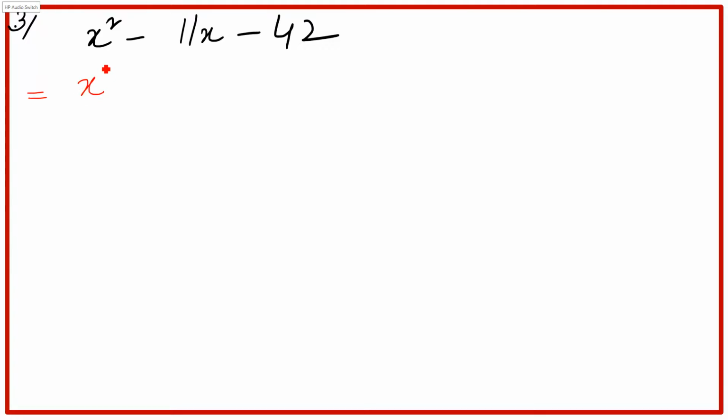So the third is, write down the first and the last term as it is, x square, and multiply these two terms, so it will be 42x square. So we have to write down negative 11x in such a way here that when we add or subtract those two terms, it should be equal to negative 11x, but when we multiply those two terms, it should be equal to 42x square. Why 42? Again, you have to multiply first and last term, so it is 42x square. Okay, so it will be